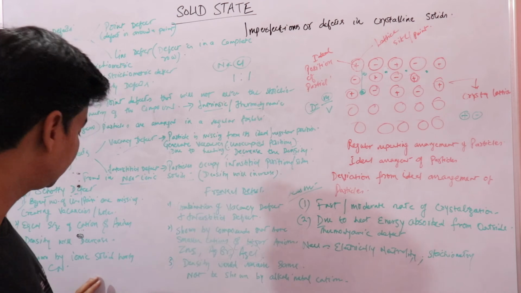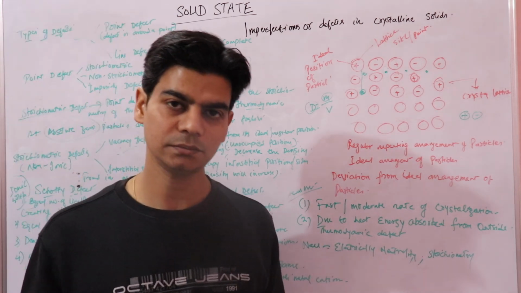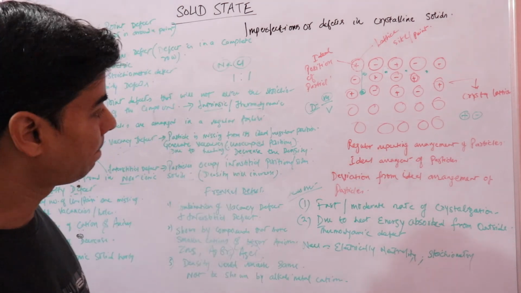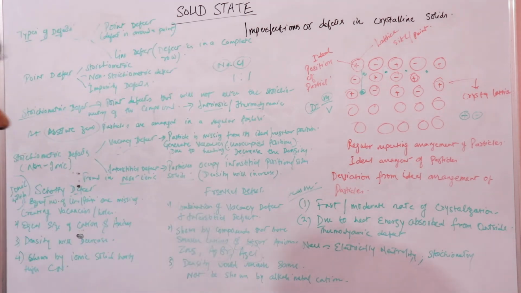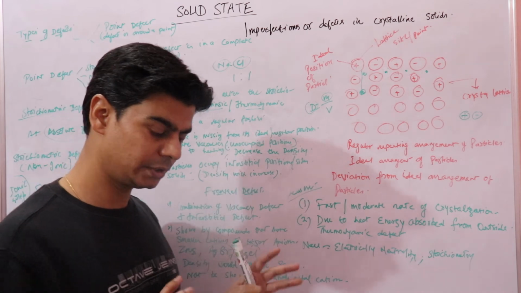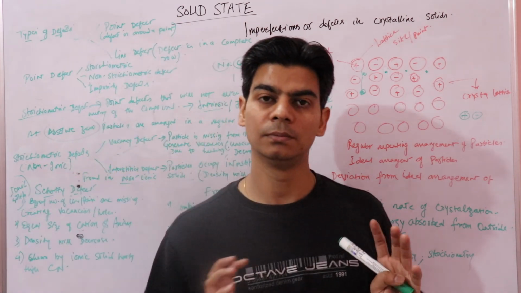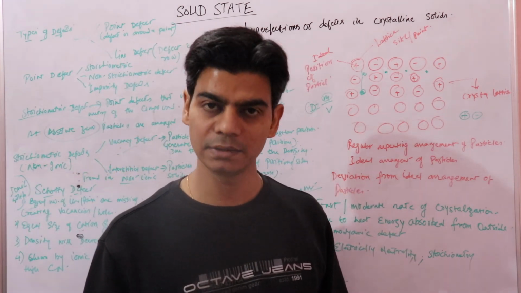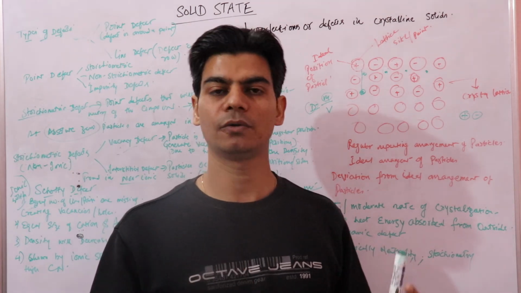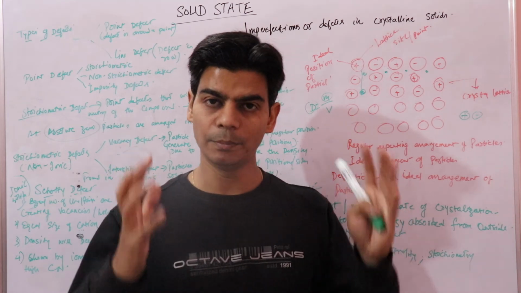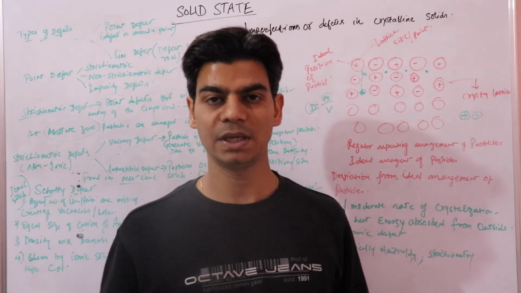And the Schottky defect is when ions would be missing, right? And what about electrical neutrality? Electrical neutrality in the case of Schottky defect is maintained because even after missing a pair of anions and cations, the number of anions and cations would remain the same, so that will